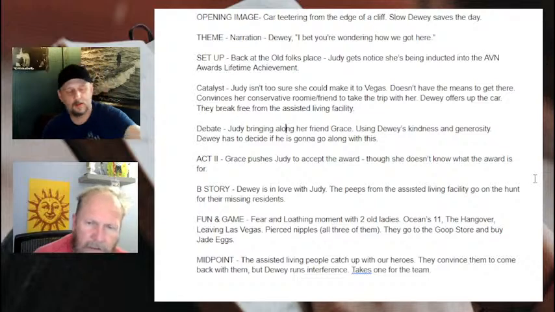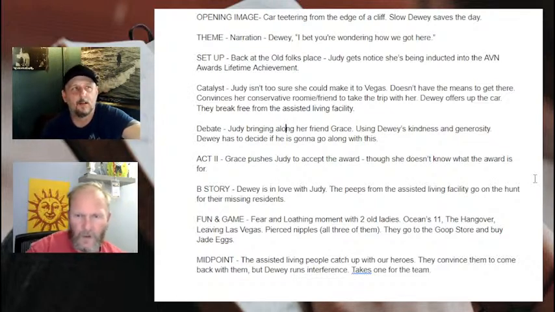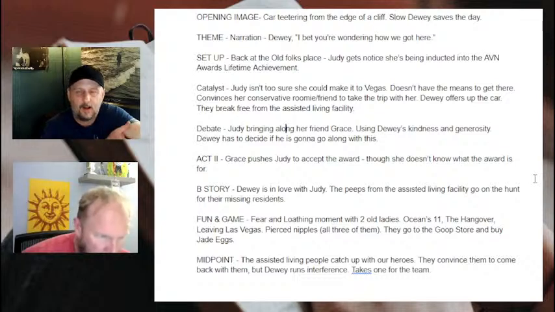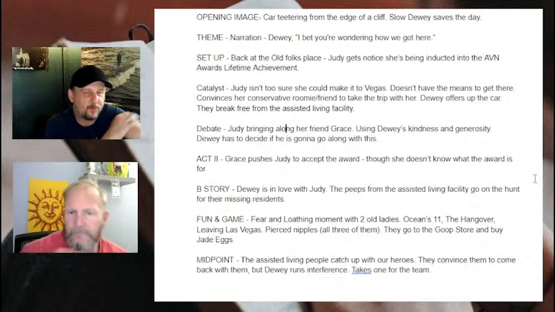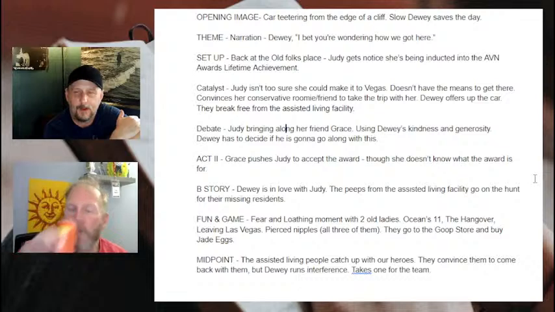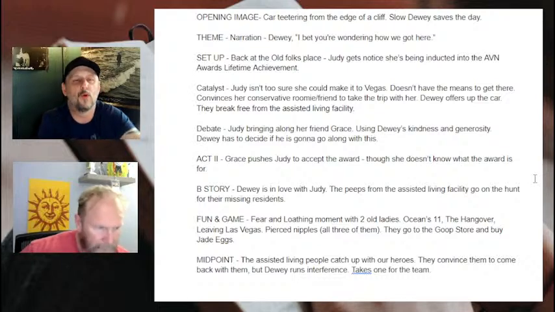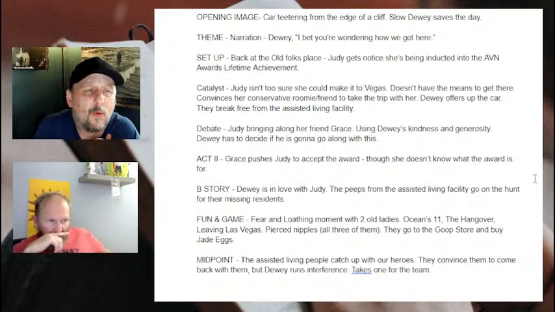So maybe Judy's explained that she's going someplace to accept an award. She just didn't know the specifics behind it, so maybe she's feeling reticent about going out there. Because Act 2, my understanding about what Act 2